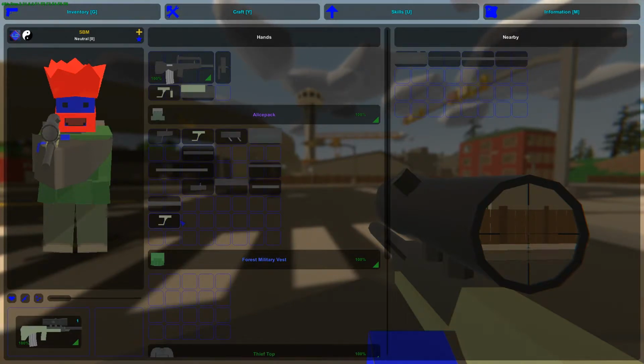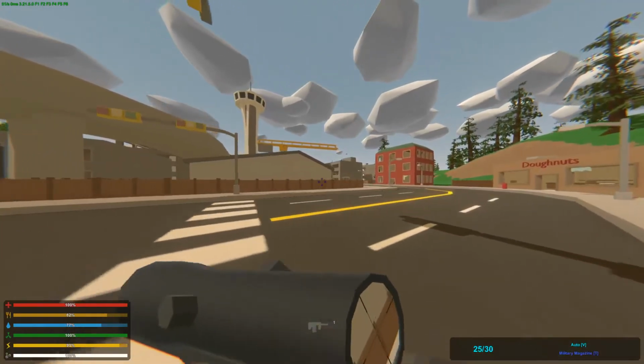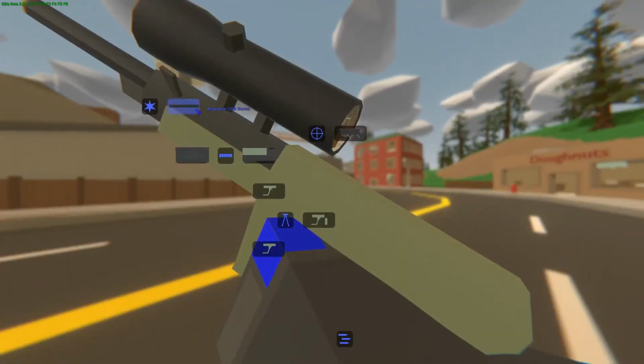Where is it? Don't need that. Don't need that. Sorry about that. I forgot to check to make sure these weren't the standard versions. But we now have an AUG that's a DMR. We can also go with CQB AUG,